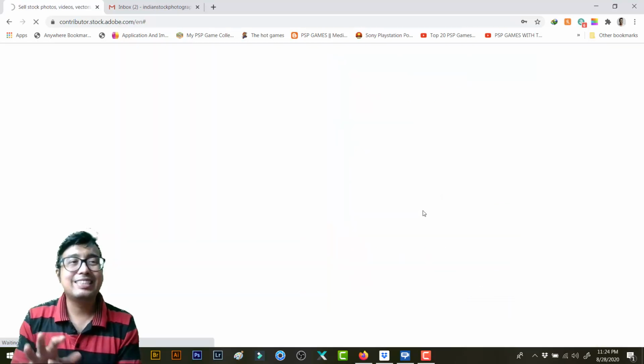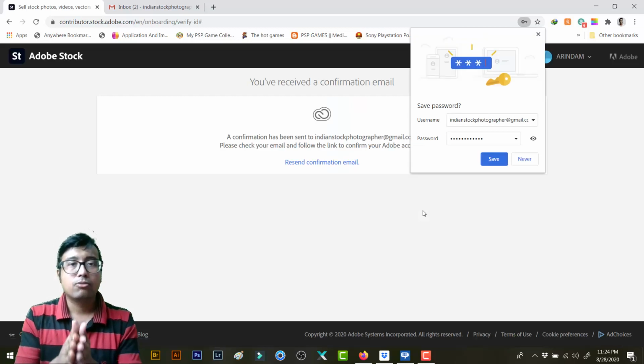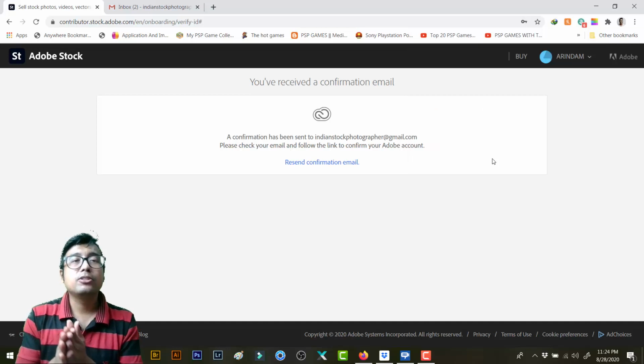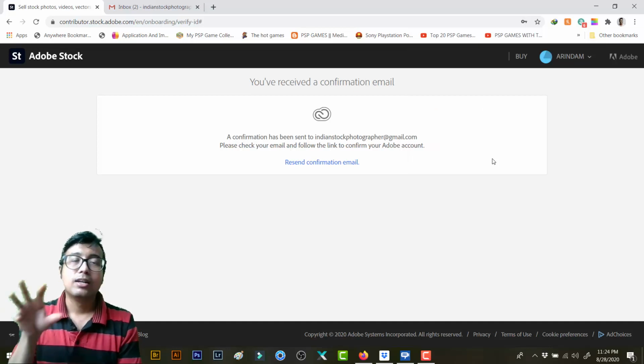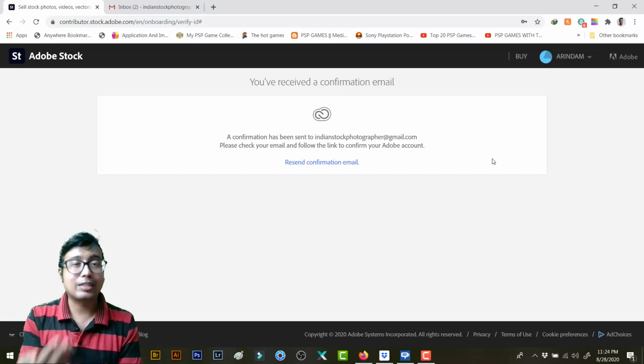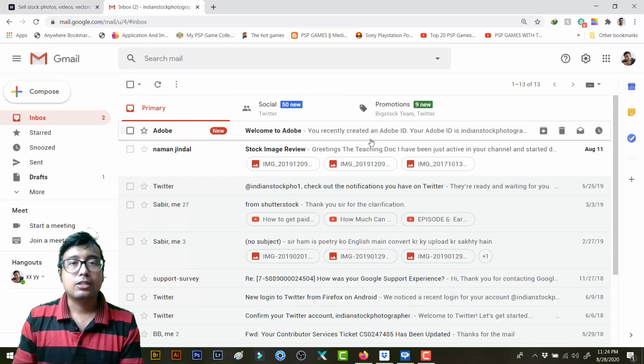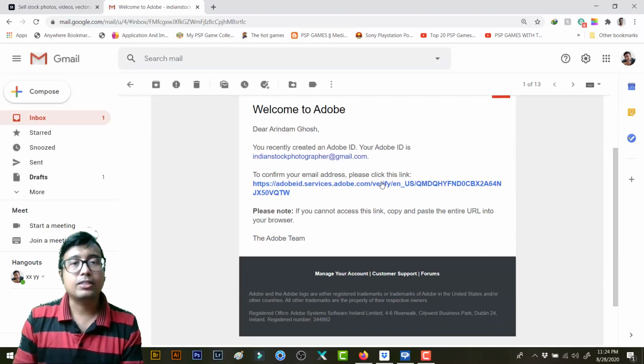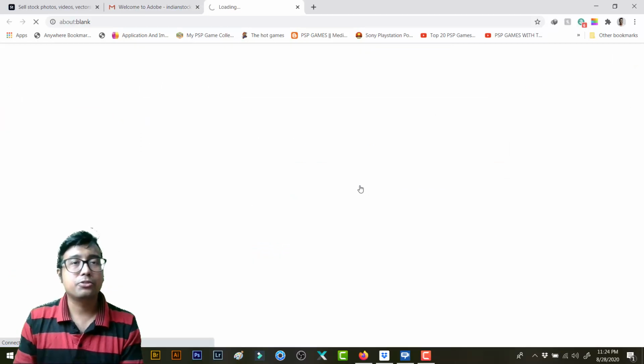Then you will be redirected to this page. Right now you need to confirm your email ID. So you need to go to your Gmail or whatever mailbox from which you have registered, and you will receive this mail which says welcome to Adobe, and you need to just click on this link to verify your account.